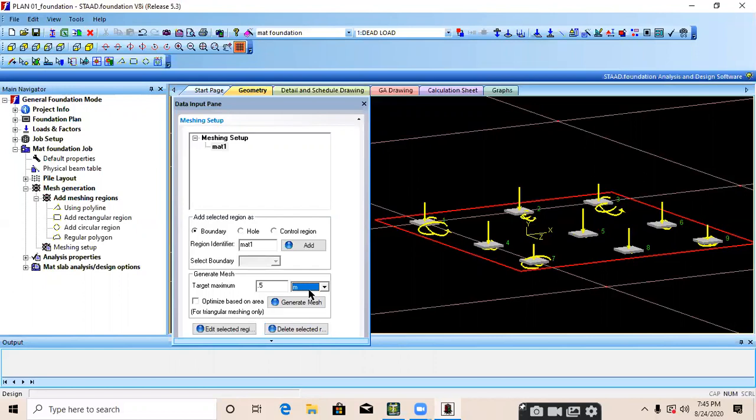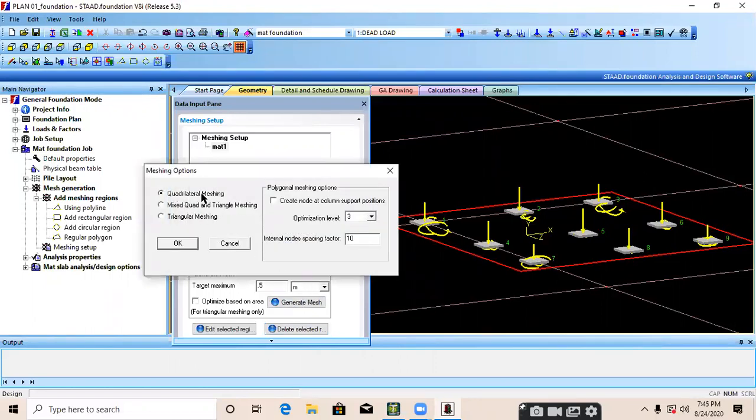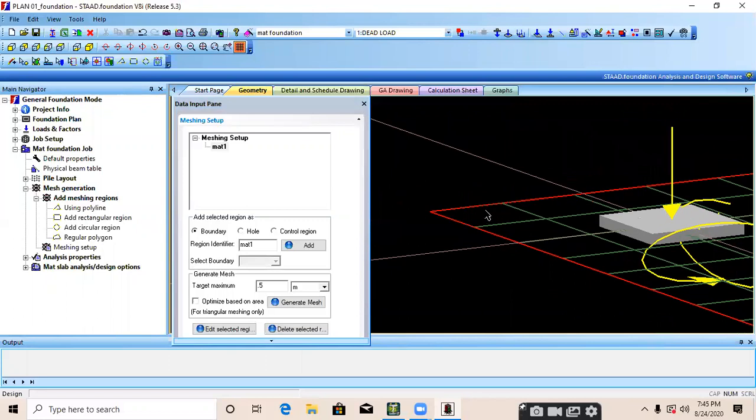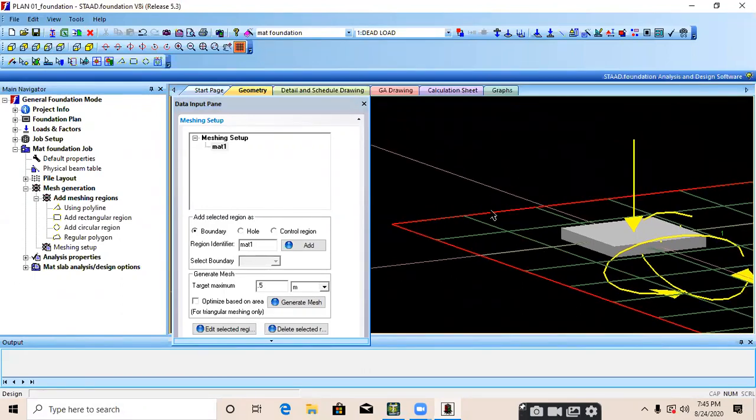Click on generate mesh. Quadrilateral meshing, okay. Look at this, the mesh is created, and this particular distance is 0.5 meter, one division. We have provided a target maximum of 0.5 meters. This distance is 0.5, 0.5, 0.5, like that.